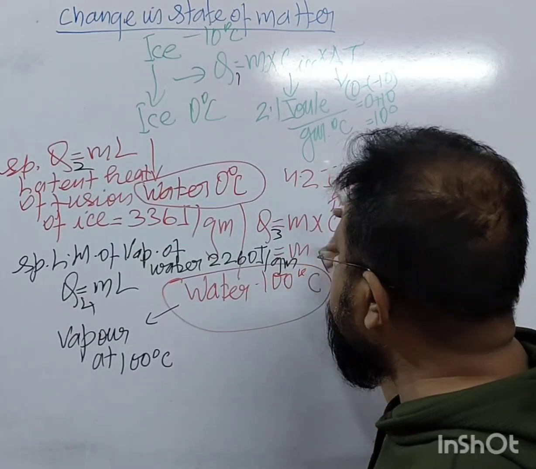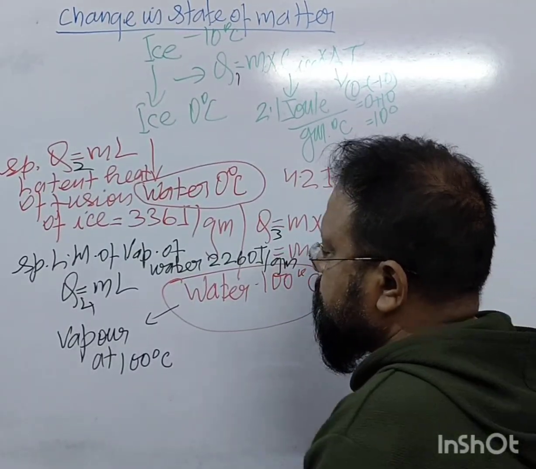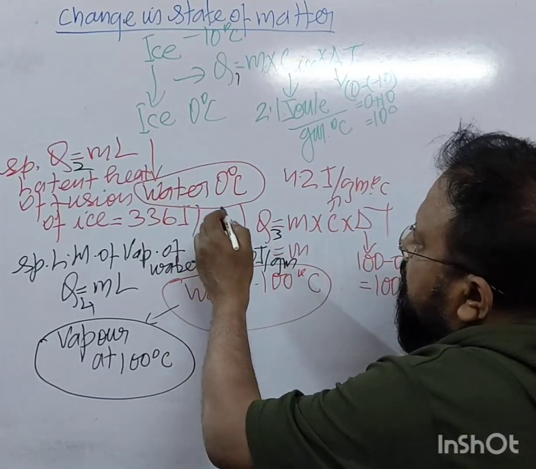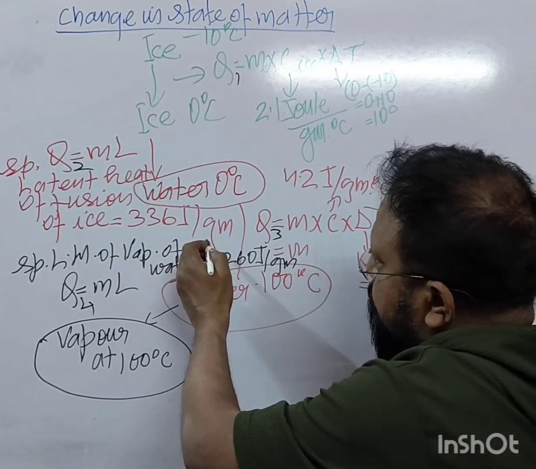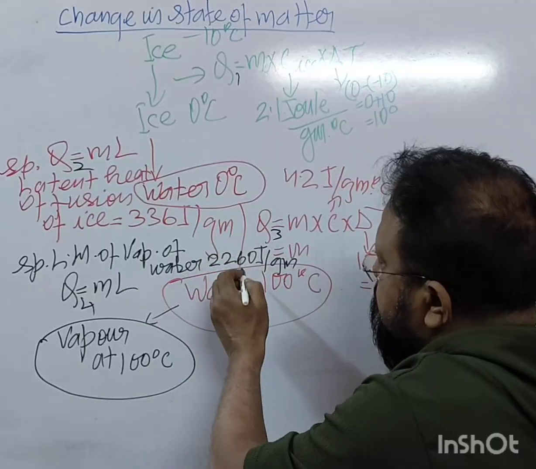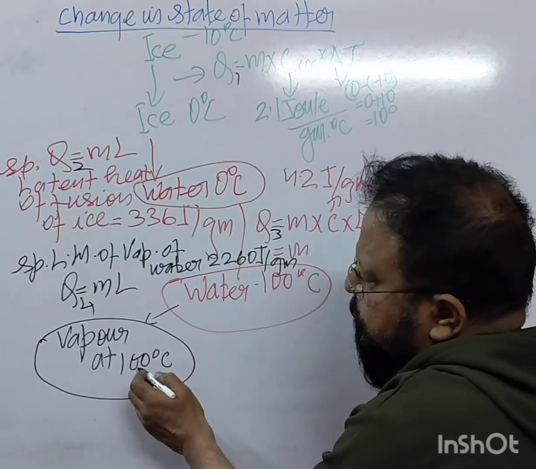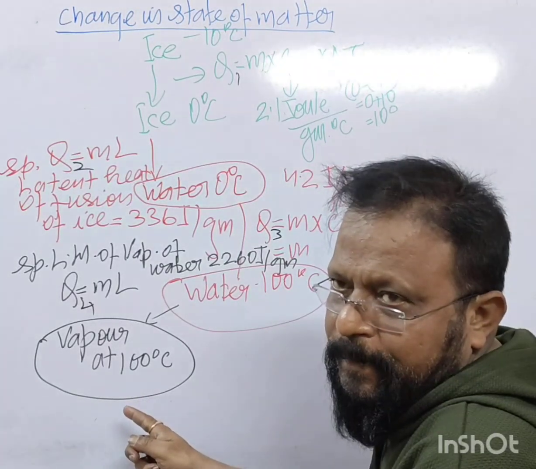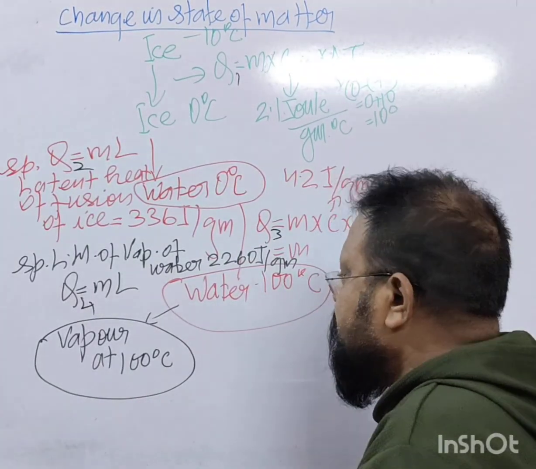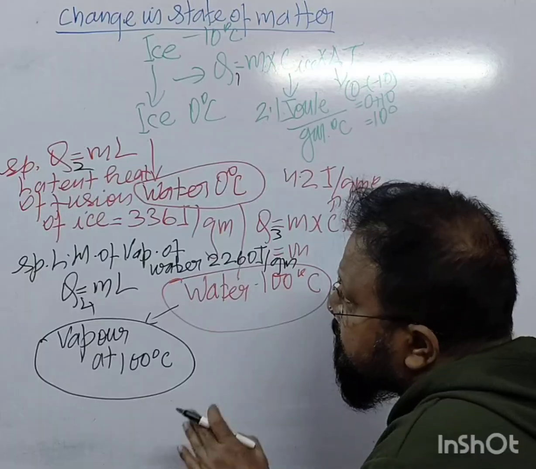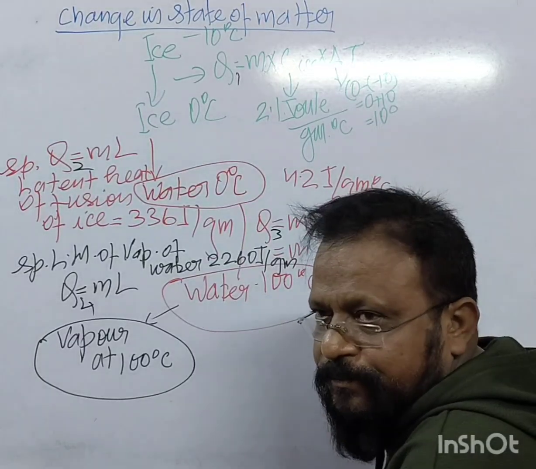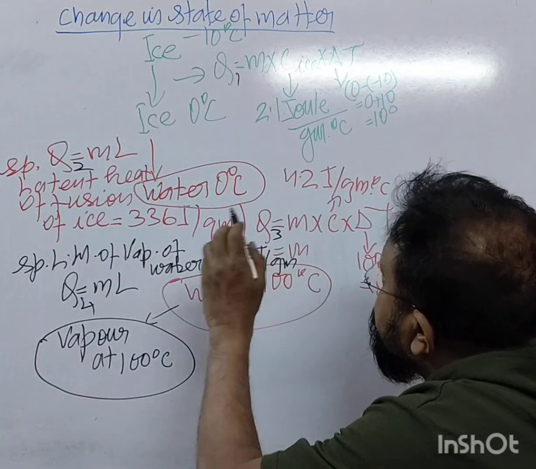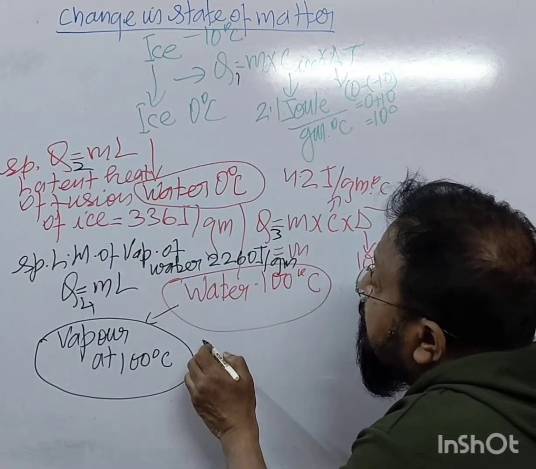मतलब 0 डिग्री आइस 0 डिग्री वाटर में, and 0 degree water में 100 degree when it reaches to 100 degree तो 100 degree water converts into 100 degree water vapor में, right? In this case they are absorbing heat, है ना? So this is the whole process, and by